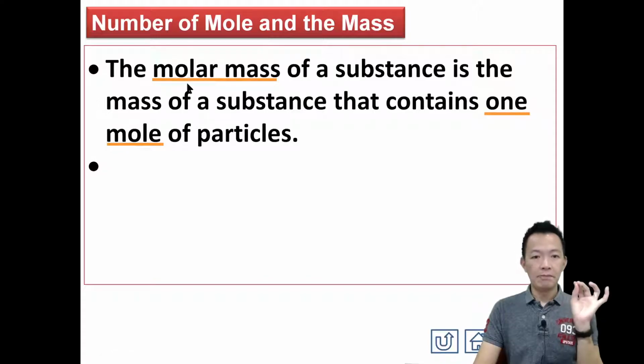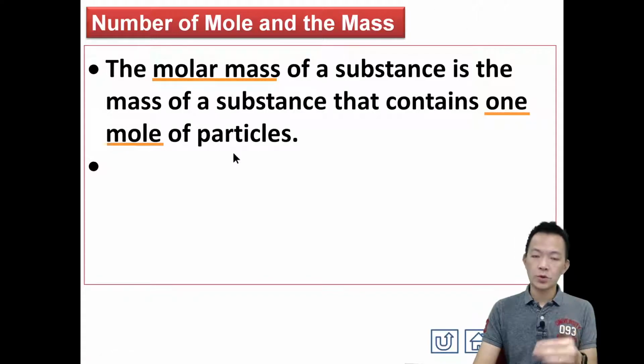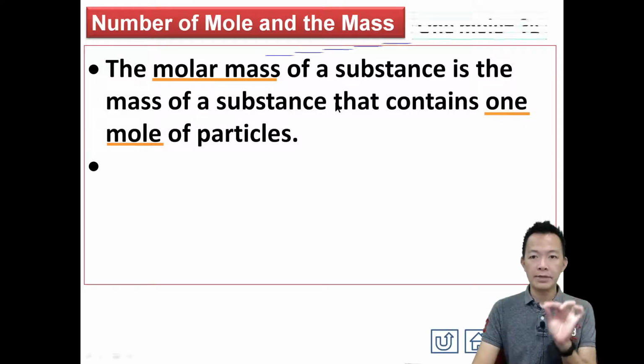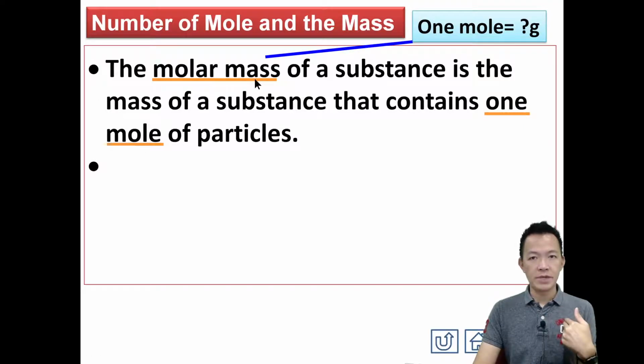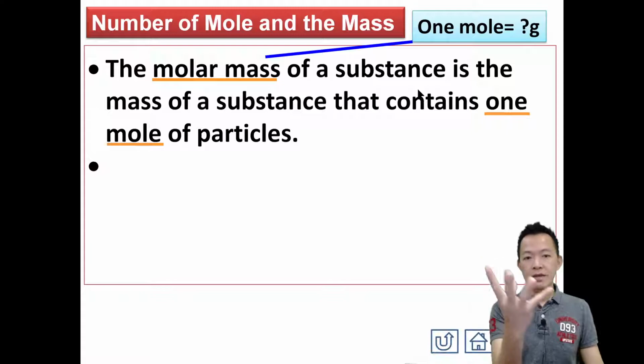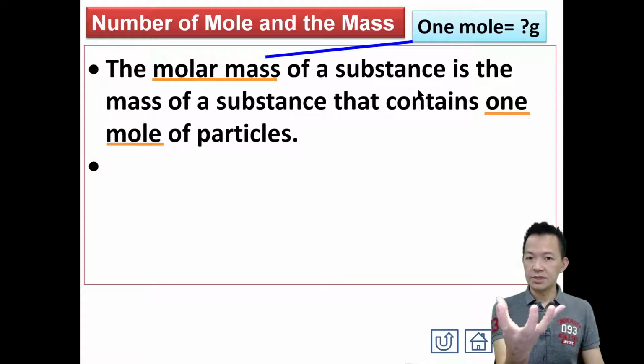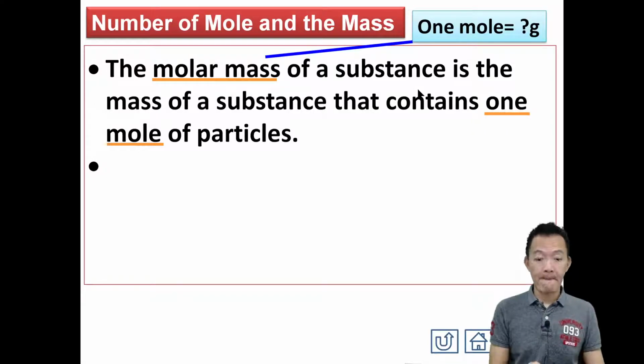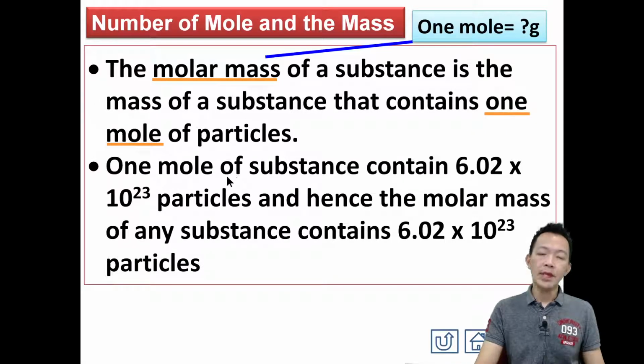OK, highlight. Molar mass 就是一 mole 多少 gram。So molar mass for me 啦，对我来讲，什么叫 molar mass？一 mole 多少 gram 的意思。OK，一 mole 的 particle 可能是 atom，可能是 molecule，可能是 ionic compound，它等于多少 gram？